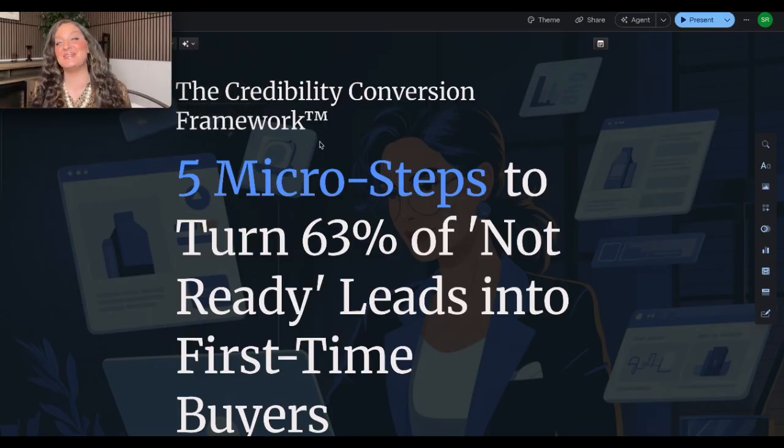So this is one of my digital products, okay? Actually, this is my son's digital product. It's called the Credibility Conversion Framework. He came up with this framework because he saw that there was a gap in the market where people were struggling with getting conversions. He's 17. When he got into this space, he made his first $100,000. He followed my instructions. Now he's made $100,000 in the online space at 18 years old. So he packaged it all up. He did his course and he took my quick cash creator program, and then he followed the steps and he came up with the Credibility Conversion Framework.